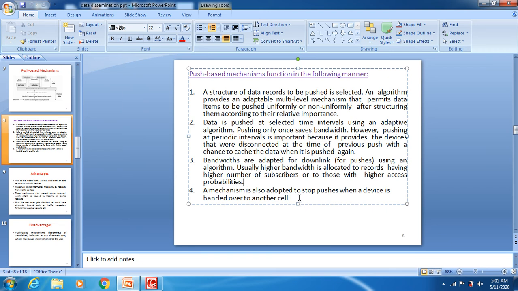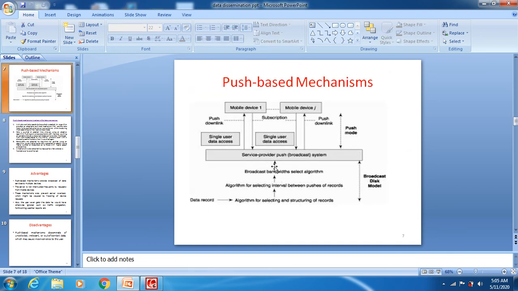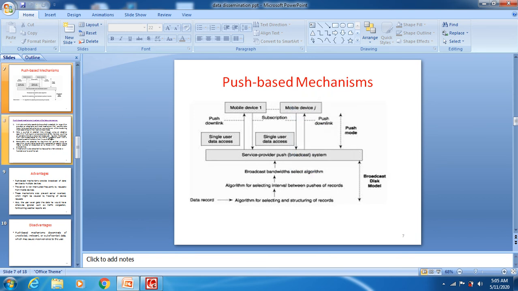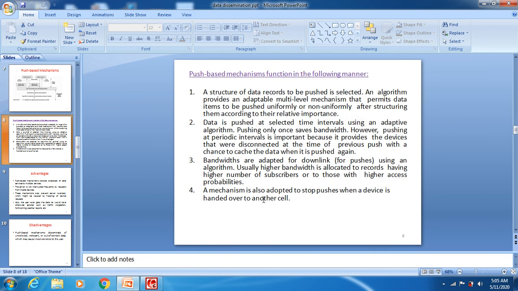And the last one is that the mechanism is also adapted to stop pushes when a device is handed over to another cell. So when do the pushes stop? When the device is handed over to another cell, then the pushes stop. All of this you can see in the figure here. So these are the steps to use the push based mechanism. In total, you have 4 steps. So these are the 4 steps.